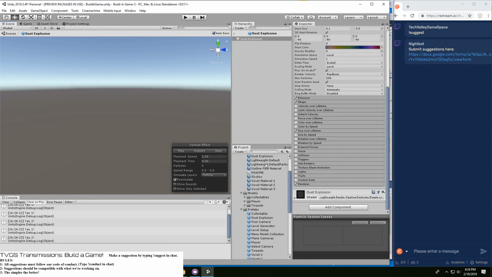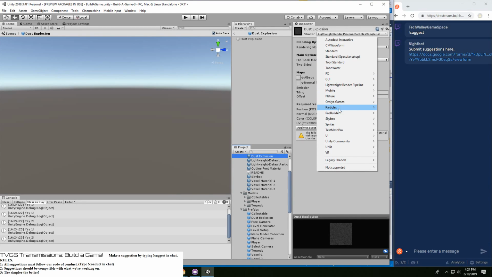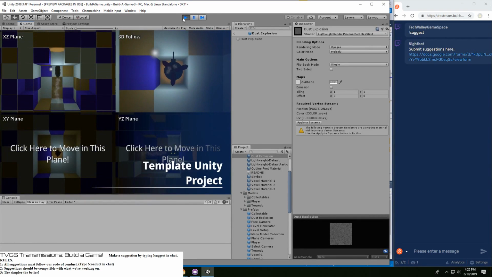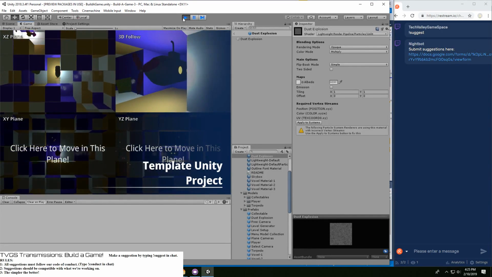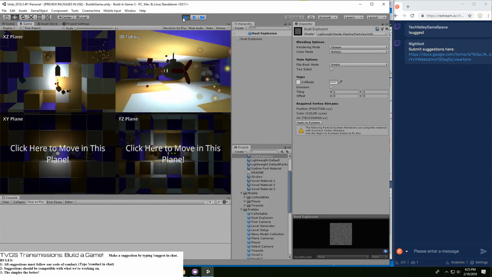So now we just need to figure out how to make the dust explosion not look so dark. I'm going to try a really simple unlit and see what happens. Yeah, that looks slightly better, more colorful.